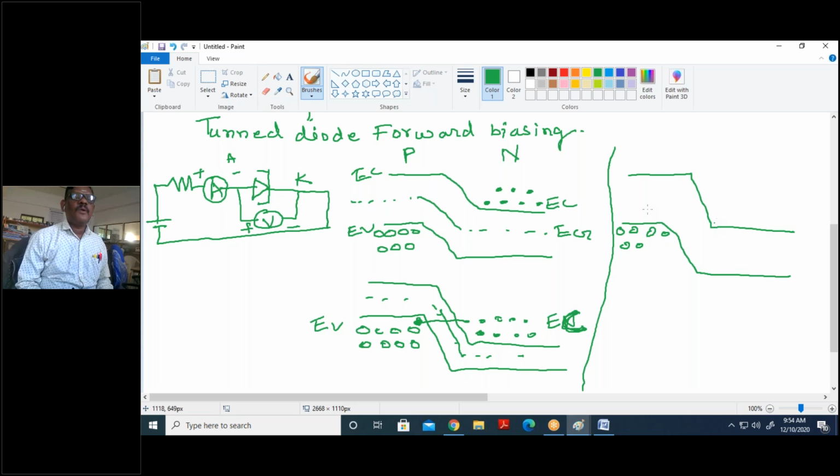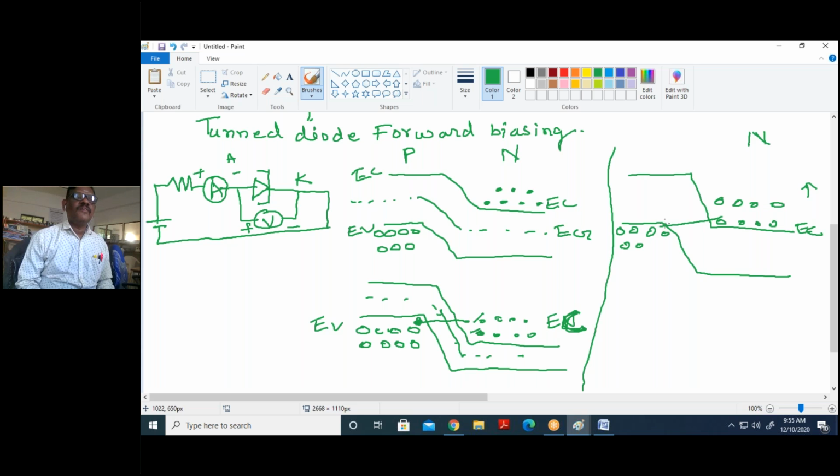See here, first we have two rows, 1 and 2, quite opposite side valency band. Whenever we have applied voltage, this EC from N layer moves into the upside. So here doping,